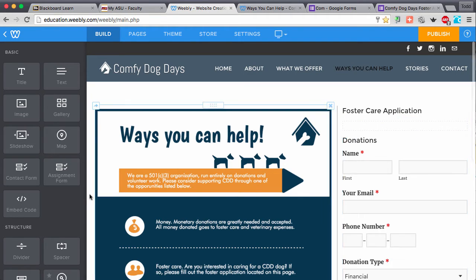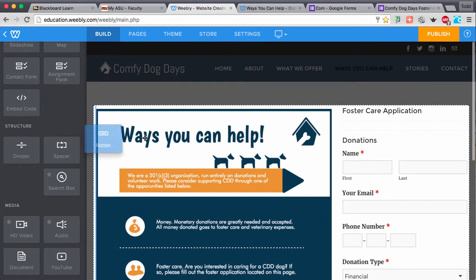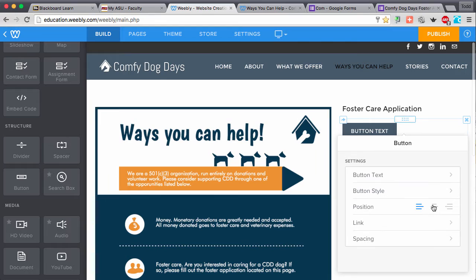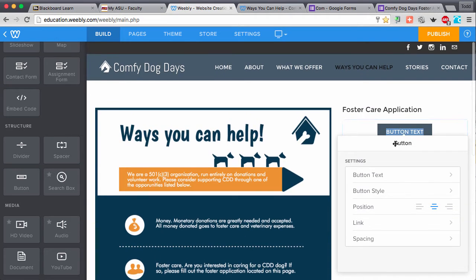So, what I suggest is to grab a button element and drag it and drop it into a spot that makes the most sense. So I'm going to put mine on my foster care application and Ways You Can Help page because it is my foster care application. And the reason that you put it as a button is because you want it to stand out. You created this form, you want people to submit it, so the button makes a lot of sense